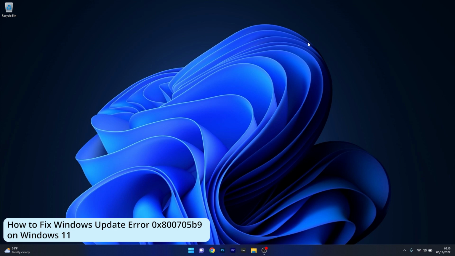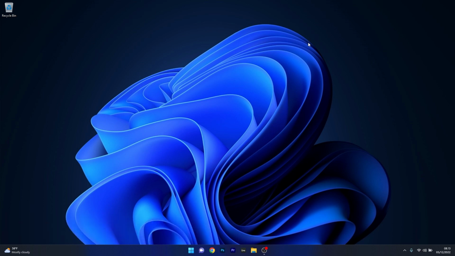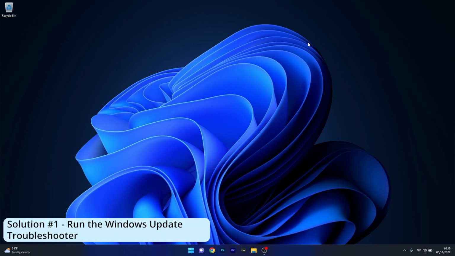Update error 0x800705b9 on Windows 11. So the first solution that you should always take in consideration is to run the Windows